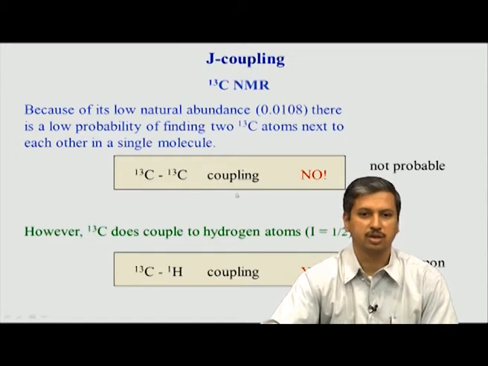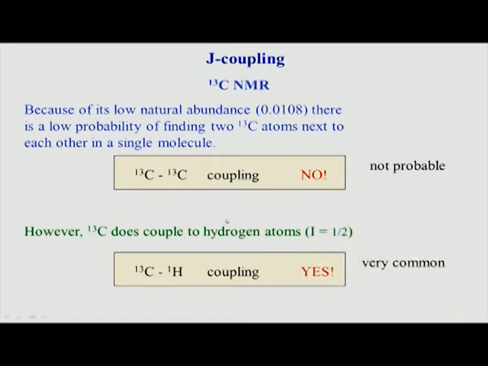But if you look at protons, there is definitely a coupling there. Why? Because any carbon will always be attached to a proton unless it is a carbonyl or a quaternary carbon. Except for these two, all the carbons are generally attached to protons. Now, proton is 100% NMR active. So, that means any carbon 13 is always attached to a proton. In such cases the carbon-proton coupling becomes active because both are NMR active. So, there is a J coupling between them, and that J coupling is definitely present in your sample, and it is very common, meaning it is always there.